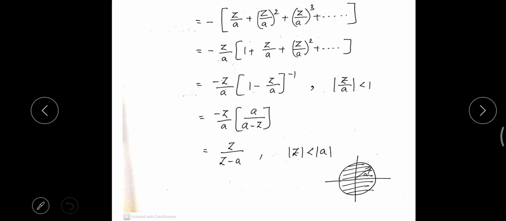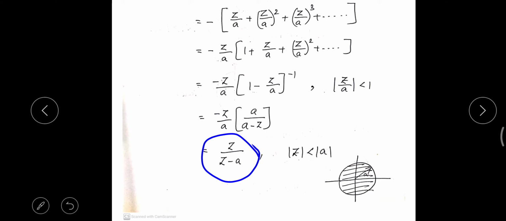Now by taking the LCM and simplifying the terms, I get x of z is z by z minus a. Even if my signal is causal, my x of z is z by z minus a. Even if my signal is non-causal, once again I am getting x of z is equal to z by z minus a. Then how can I differentiate these two answers? Only for that purpose we bring in the region of convergence. In the causal signals, my region of convergence is mod of z greater than mod a.